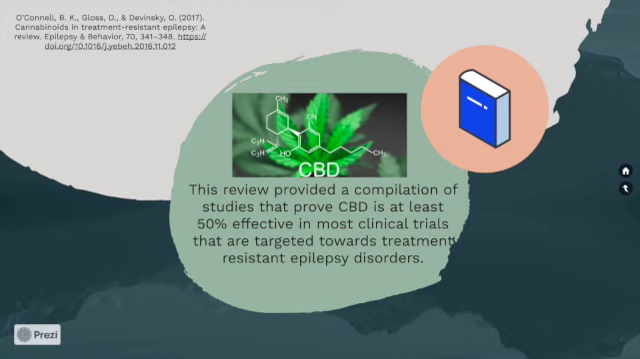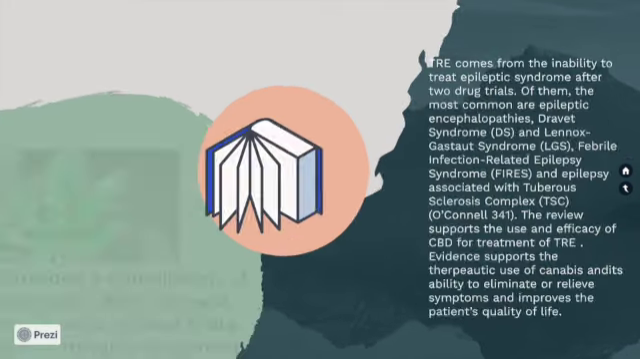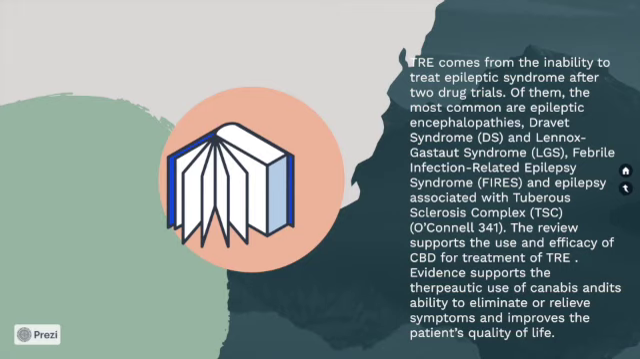This review over treatment-resistant epilepsy provided a compilation of studies that proved CBD is at least 50% effective in most clinical trials that are targeted towards treatment of resistant epileptic disorders. Treatment-resistant epilepsy comes from the inability to treat epileptic syndrome after 2 or more drug trials. There are multiple syndromes that stem from this TRE, but essentially the review supports the use and efficacy of CBD